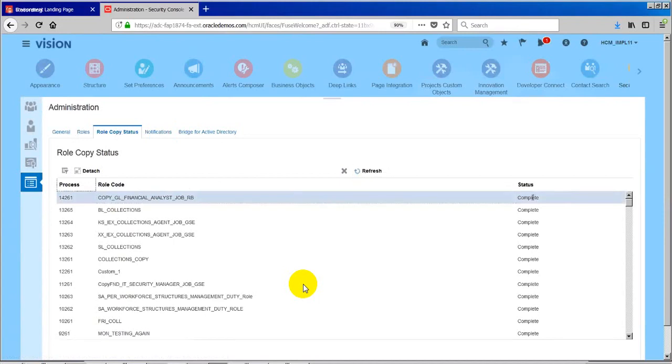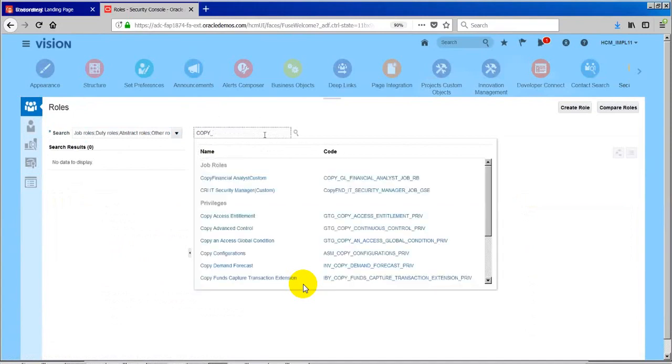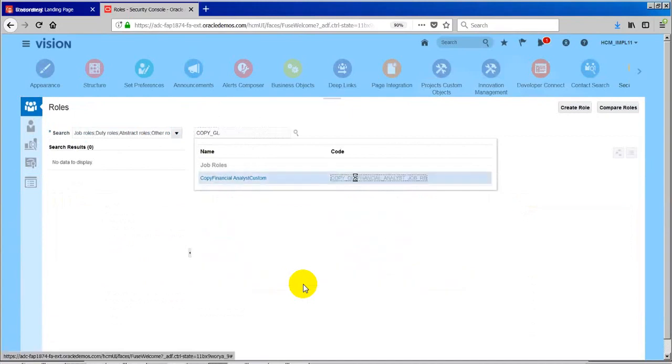Typically now you have to change this basically. So how do we go and change this? Just go here. Copy GL financial analyst job role RB. Okay, I'm taking it.